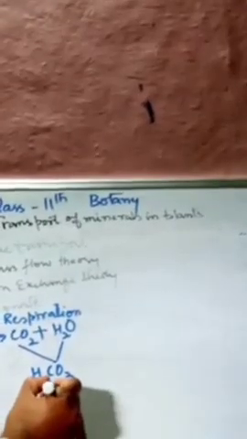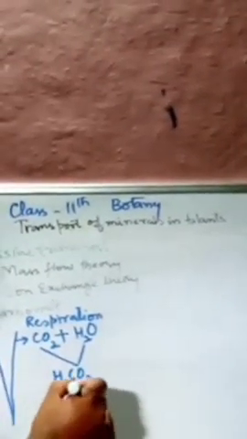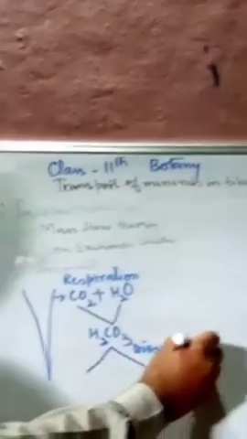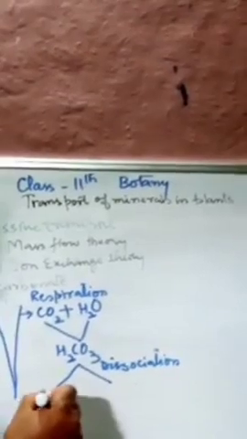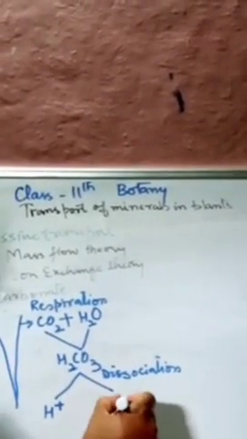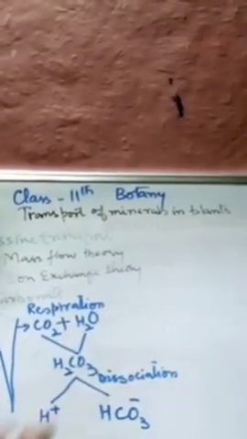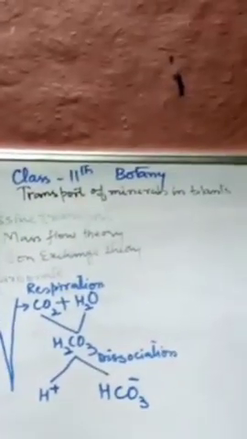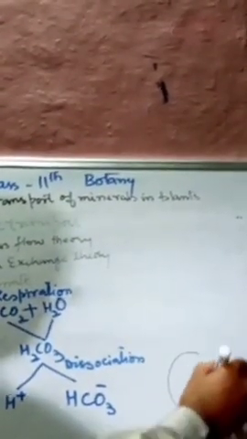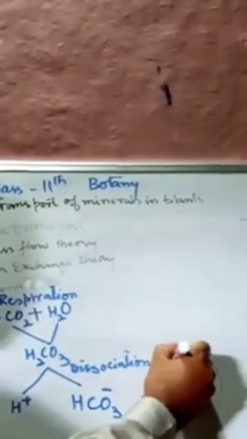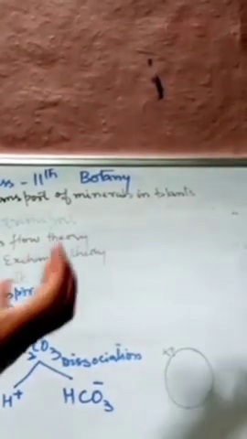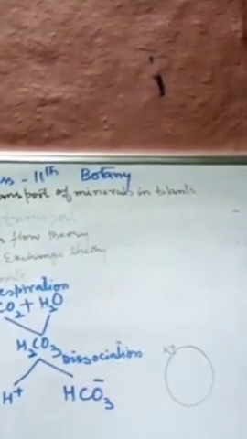This carbonic acid then dissociates, it undergoes dissociation, and this dissociation forms hydrogen ion and it forms the bicarbonate ion. Now root के नजदीक, there we will see there are soil particles, and the soil particles have potassium ions, because this soil is the reservoir of ions. The potassium ions are there.